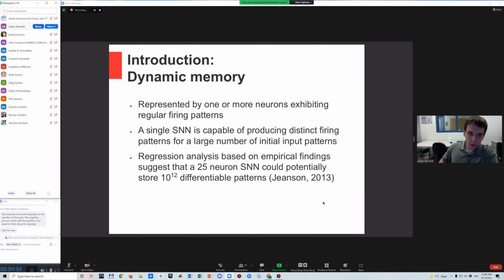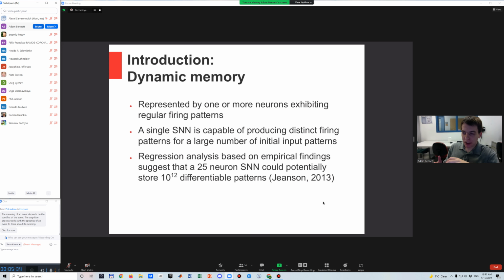Okay, so what exactly do I mean by dynamic memory? As an analogy, think of it as similar to short-term memory. It's a memory that exists without changing the structure of the network itself. What it looks like is you've got these signals running around in some recurrences of various complexity, and they cause one or more neurons to fire repeatedly in a regular pattern. And then if we can recognize that pattern, then that's something that we can use,